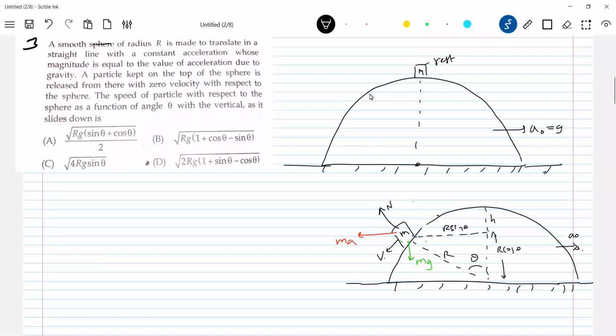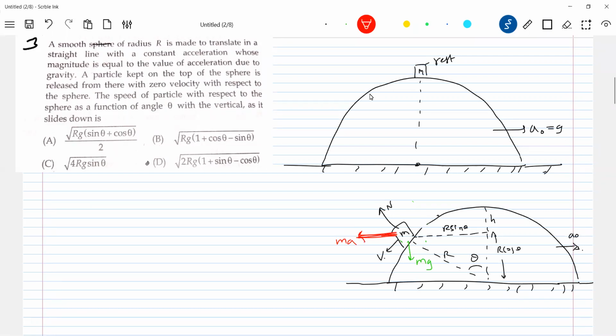So shall I apply conservation of mechanical energy? Look at the pseudo force. It is some sort of external force, so the work done by it will be non-zero. Along with the weight, the pseudo force and normal contact are acting. Work done by normal contact will be zero with respect to the wedge frame, or the hemisphere or sphere frame. So the forces doing work with respect to the wedge frame are the pseudo force and the weight. Can we apply conservation of mechanical energy? The answer is no.